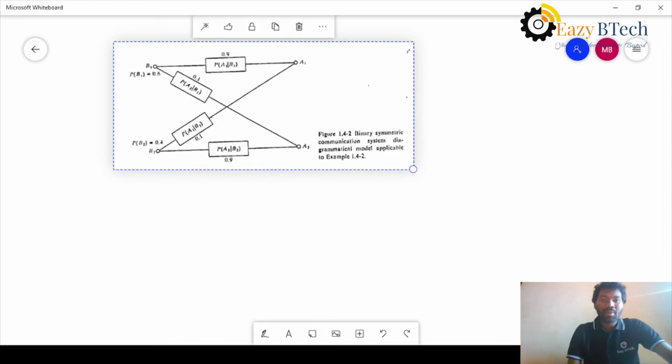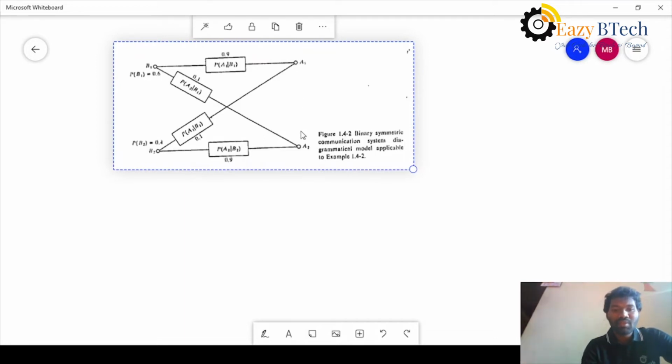Today we will see one problem on total probability and Bayes theorem. So the given problem is like this. This is called the binary symmetric channel. In this problem they give you P of B1, P of B2, P of A1 given B1, P of A2 given B1, P of A1 given B2 and P of A2 given B2. These four things they will give you. You have to find